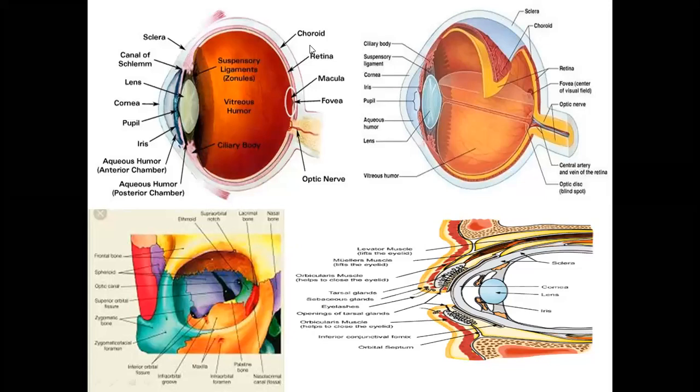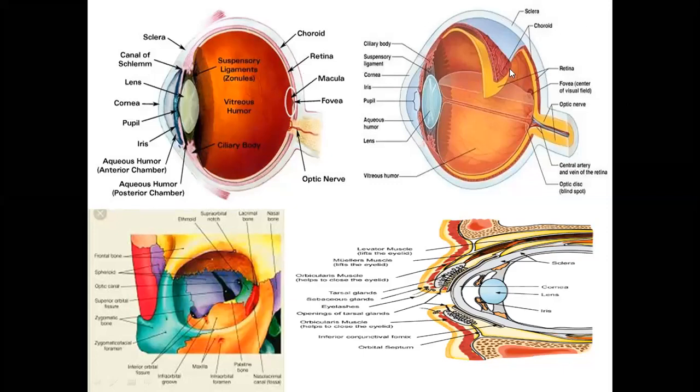Okay, then this is the eyeball. So what is the anatomy of the eyeball? The eyeball has three layers: the fibrous layer, the vascular layer, and the neural layer. The fibrous layer is formed mostly, 5 out of 6, by the sclera. 1 out of 6 is formed by the cornea. So the major part of the fibrous layer is formed by the sclera.